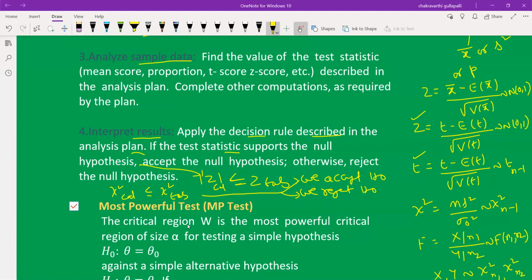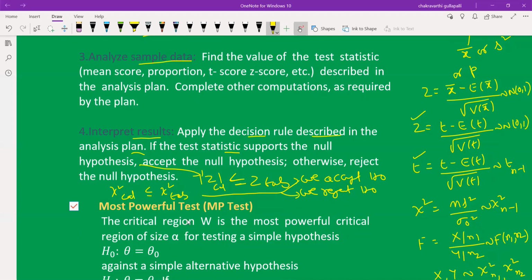compare p-value to alpha value. So p-value less than or equal to alpha value. Alpha means either 1% or 5%. The p-value is the probability value based on the critical value. The p-value is calculated, already explained in the last video. If the p-value is less than or equal to alpha value, we reject H naught. The corresponding test is significant. If the p-value is more than alpha value, alpha is the level of significance, size of the critical region, probability of type 1 error.